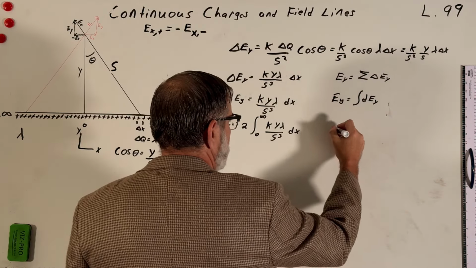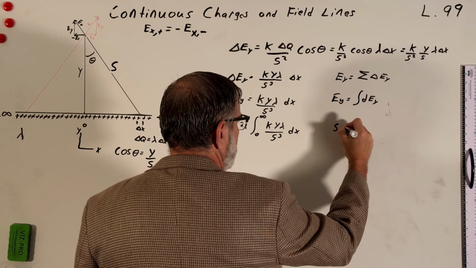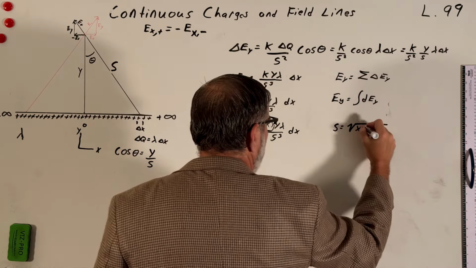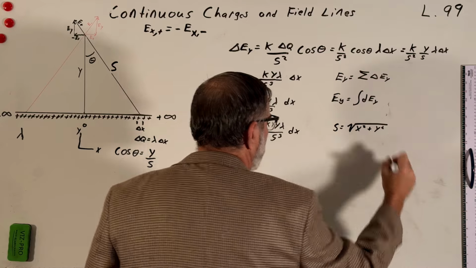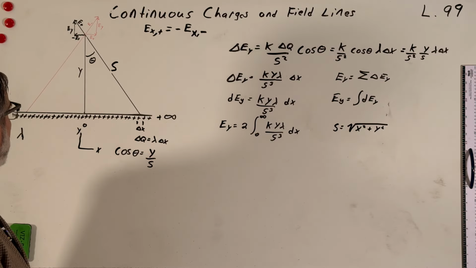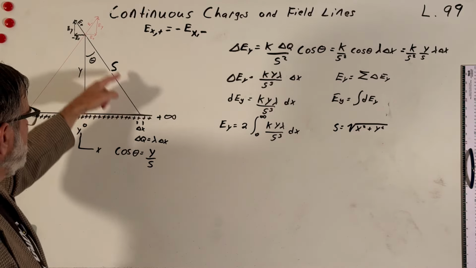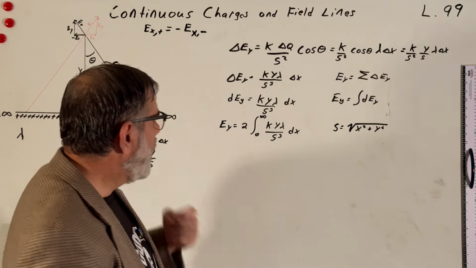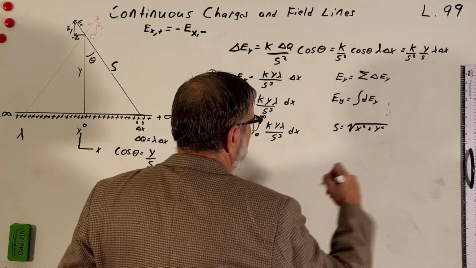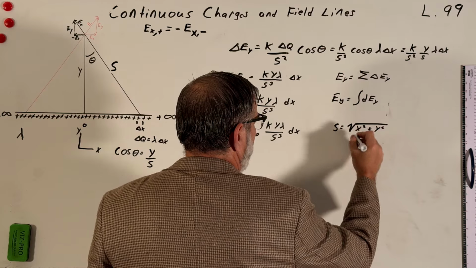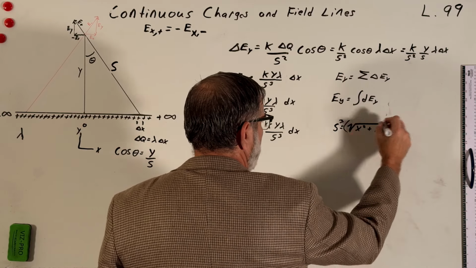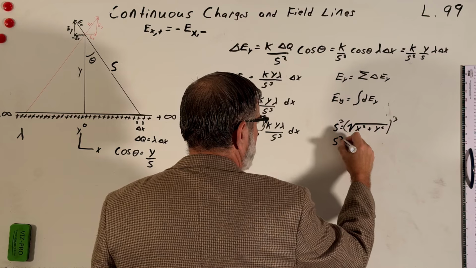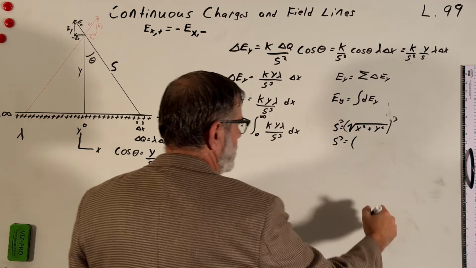So let's see, what does s cubed look like? Well, we know that s is equal to the square root of x squared plus y squared. Everyone see that? X squared plus y squared, that gives me this s, square root of that, right? Just the Pythagorean theorem. But I want to cube this, so I have to cube it, right? And it looks like this. But I want to make a few changes to this. Let's write this like this. S cubed is equal, I'll put it in parentheses. I'm going to factor out,